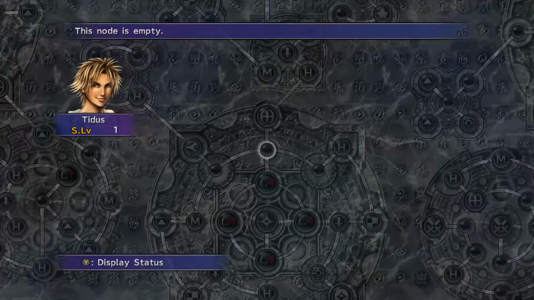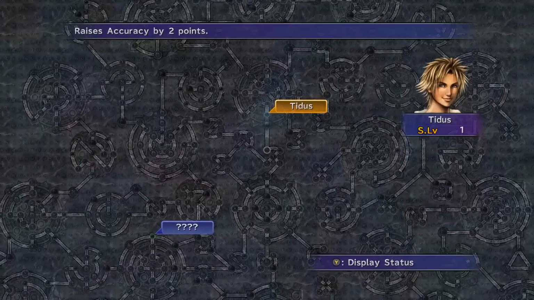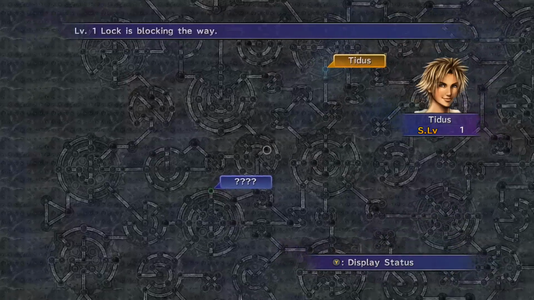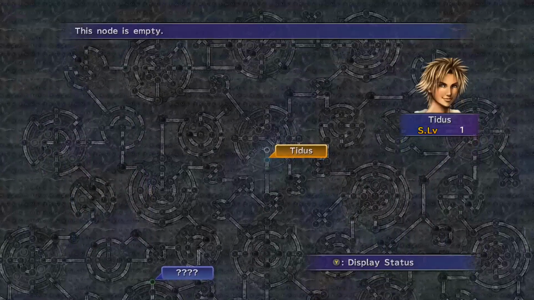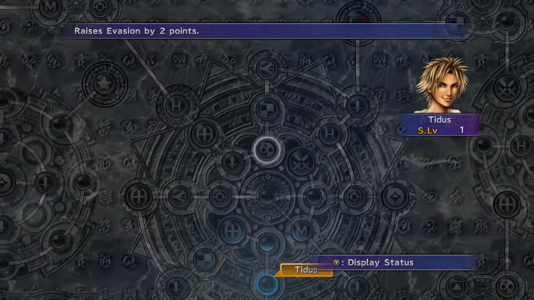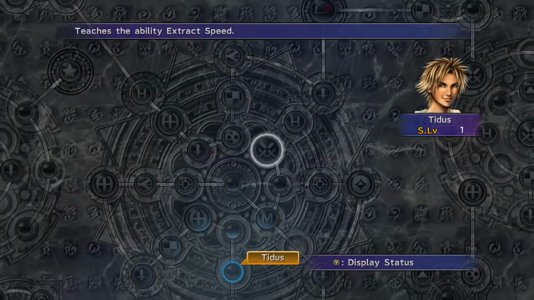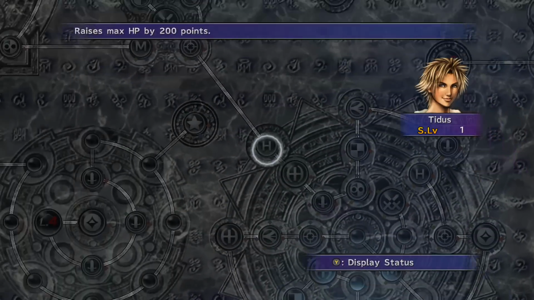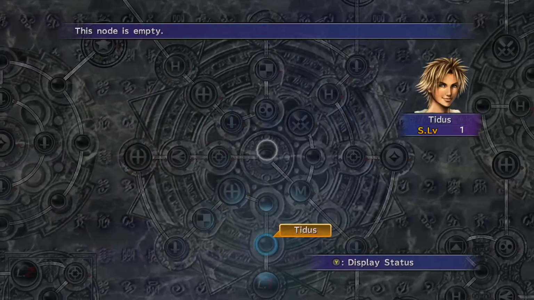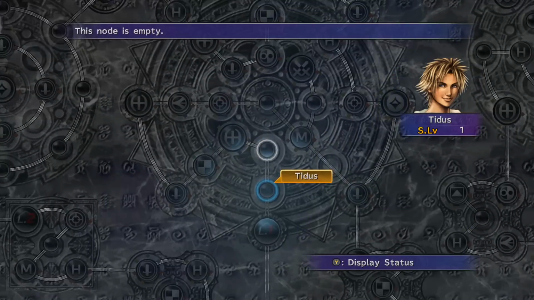I can get him in here into this central hub area right here pretty easily with a level 1 lock, and from there, there's the ability to access other parts of the sphere grid. So if you want to do crazy, weird builds with the characters early on, that is available to you. And because of the way this game handles stats, and because of the way it handles damage and abilities and stuff like that, this game is also extremely viable for challenge runs, like level 1 runs, where you basically just don't use the sphere grid at all,